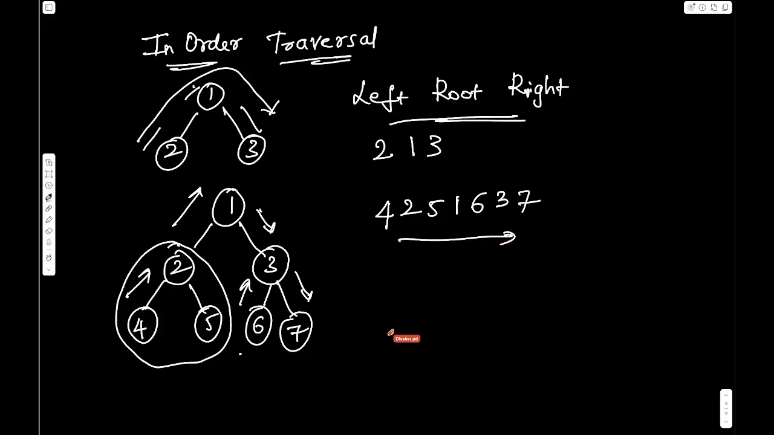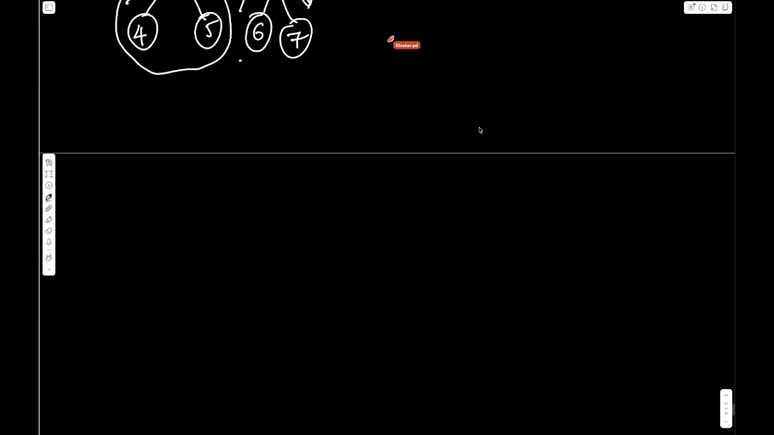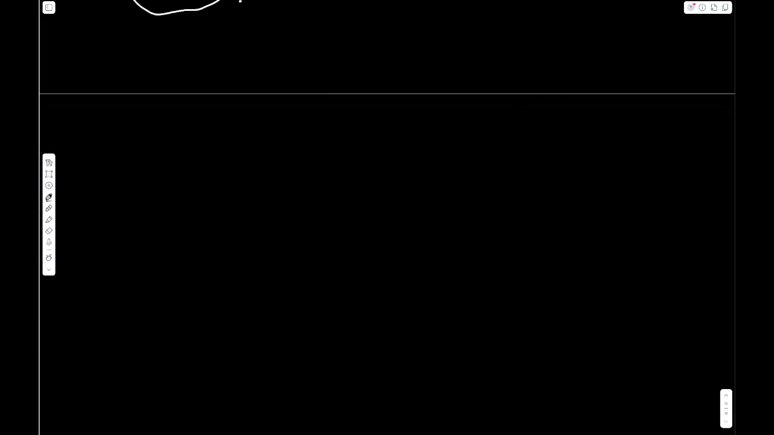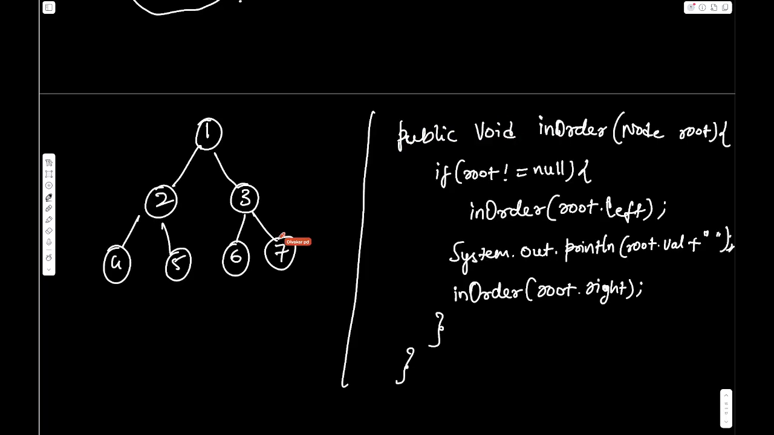Let's see simply how this in-order is done in our recursive code. So let's take public void. Okay, so this is our recursive code to do an in-order traversal. So if you see, we are doing root not equal to null and then call the same in-order method again. So what it does is, the first time whenever the root comes here, it will go to